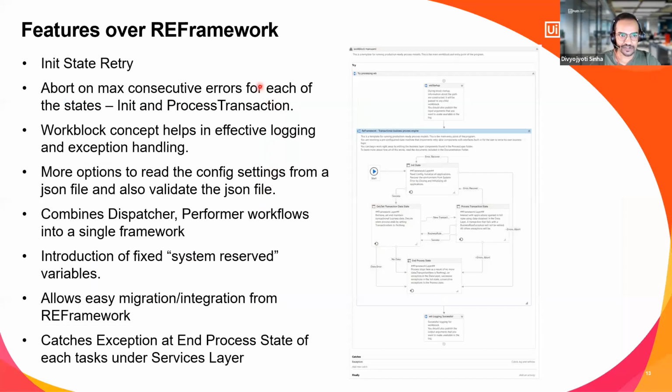So what are the additional features we are getting over the standard REFramework? This is the init state retry, which we earlier had talked about, right? Error recovery part of the init state. Next one is the abort on max consecutive errors for each of the states, init and process transaction, which was missing earlier. So even for the init state, we have an error abort mechanism. It is going to retry till a particular max consecutive retry number is reached, and if that number is reached, it is going to pass back to the end process